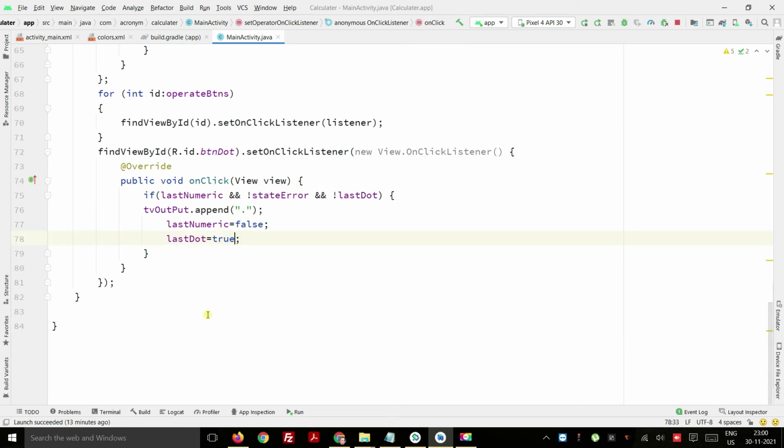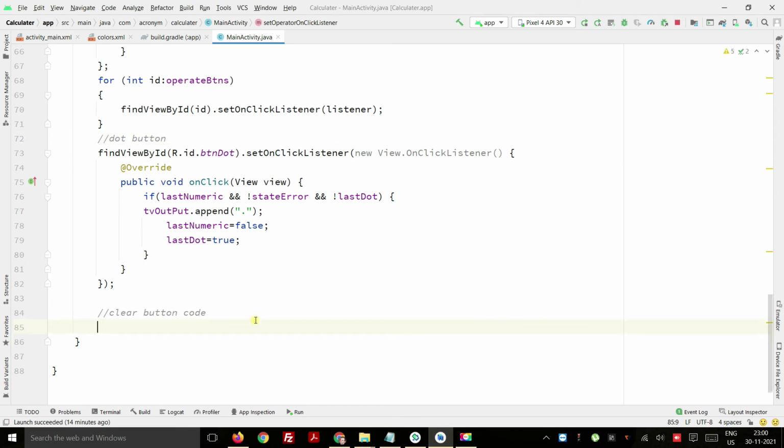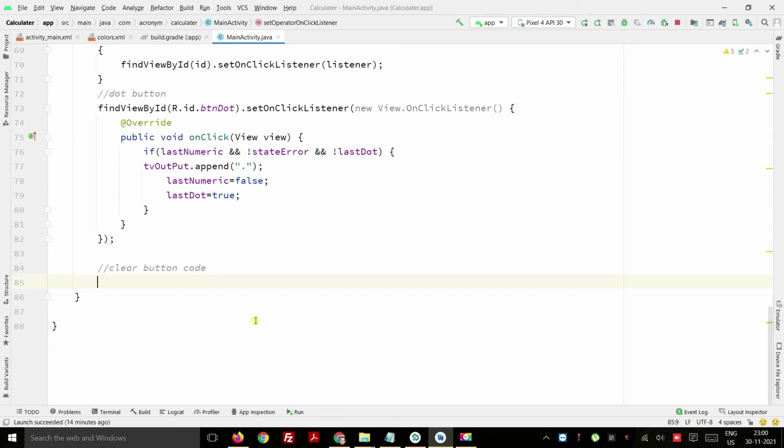After doing this, we use our clear button code here. This section is for your dot button. If we are doing decimal calculation, we use it; if you do not want decimal calculation, you can simply leave it.